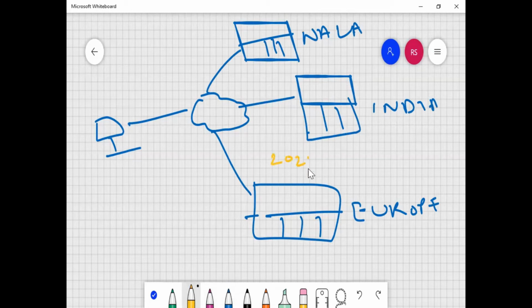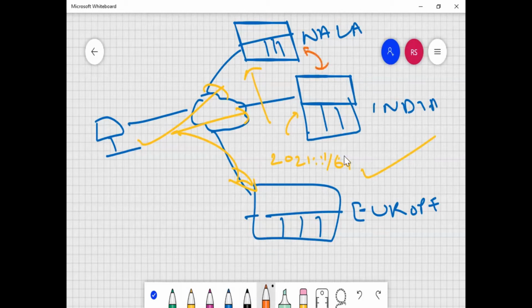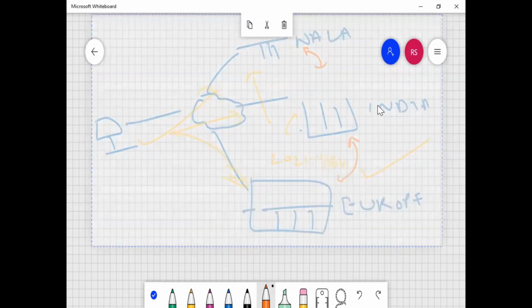Same IP address, maybe 2021:1::64. Using anycast, we are just working out which destination is closest to us, and with that destination, it will be able to access the same server. Obviously, these servers are in clusters, and they maintain in real time whatever things are residing in one server to another. That is how anycast can be understood. Any question?